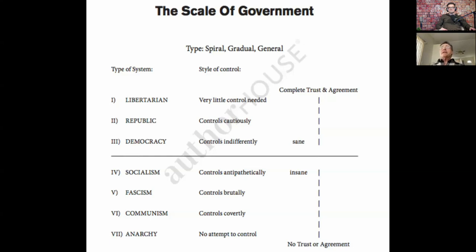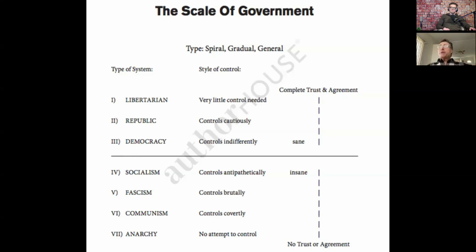Now, this is a general scale. So you can evaluate a government with this. You look at the government, and it's at a specific level. For example, I'll just tell you straight out. Right now, the four most dominant governments on earth are People's Republic of China, the United States, the European Union, and the Russian Federation. All of them are at level 5. This is not an opinion. This is just like telling you a tulip has no thorns. It is an objective thing. You can see it once you know the levels.